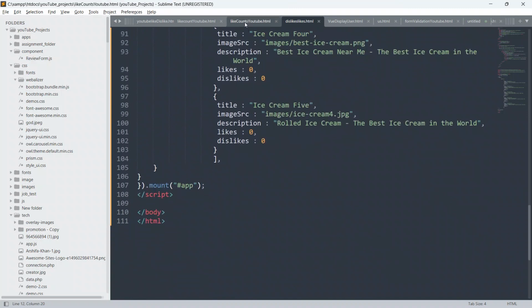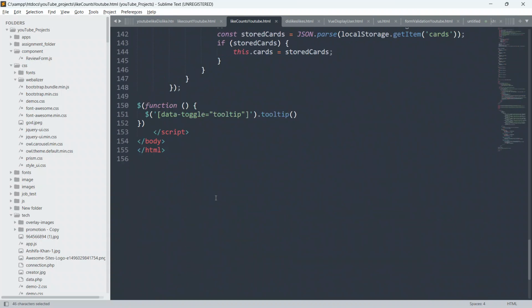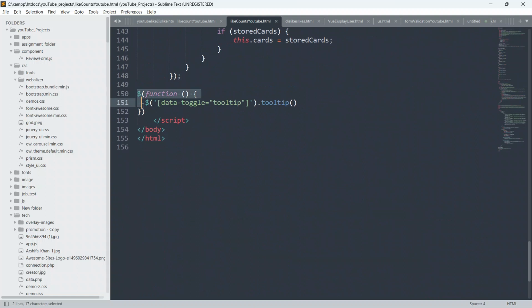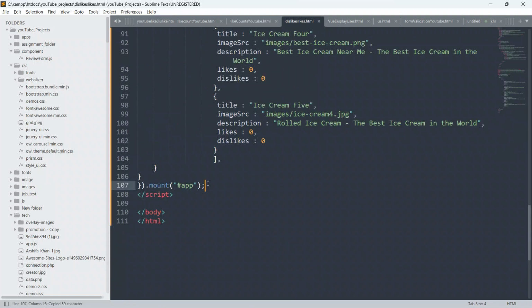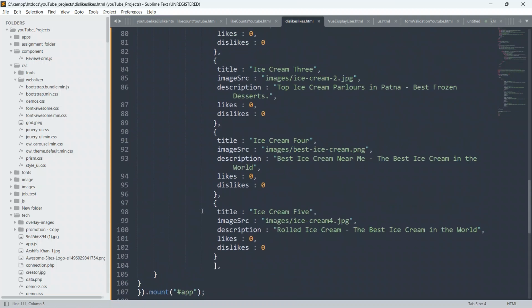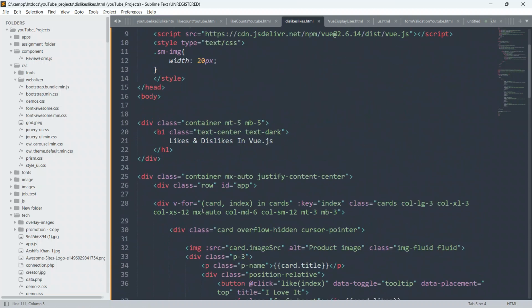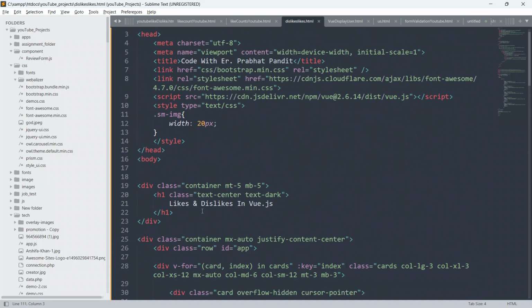Now I am going to paste the tooltip code from the previous example. I hope you know how to enable tooltip in our HTML by using Bootstrap tooltip. Below this I'm going to paste it here. I have enabled tooltip on this entire document, on this entire page.